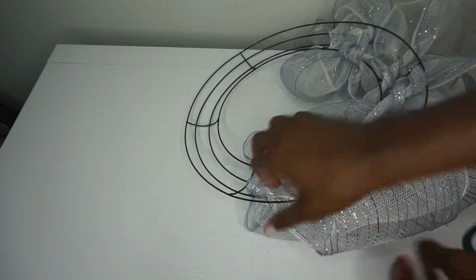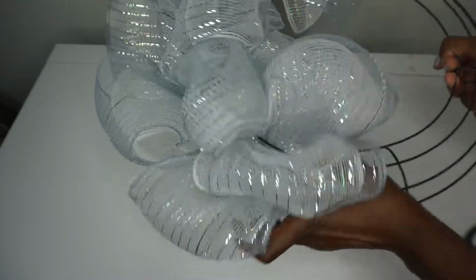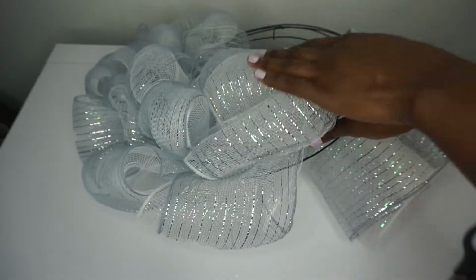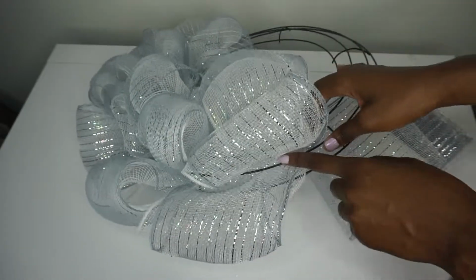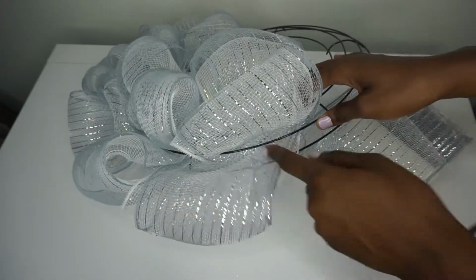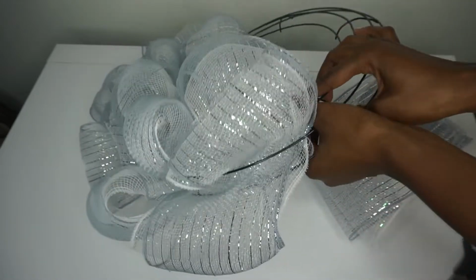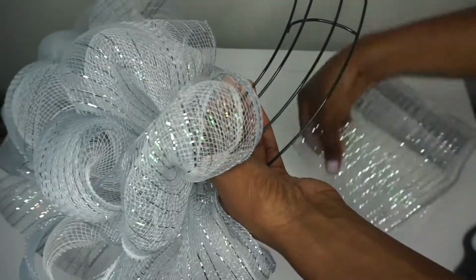just like that. And you see? And then you scrunch this together and start over again. You won't always be able to get through 1, 2, 3 loops before you have to stop. Sometimes you have to stop in the middle. That's perfectly fine. Just tie the knot in the center and keep going. But this one just happened to stop perfectly at the end, so we're just going to scrunch that over,